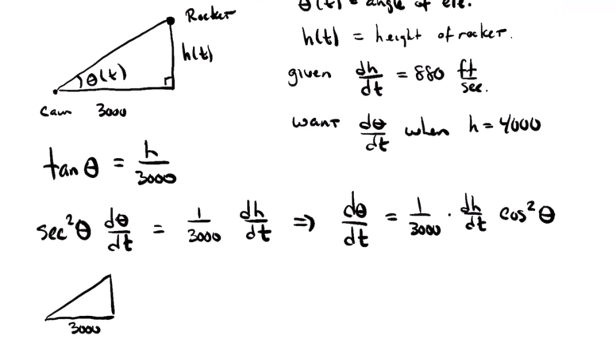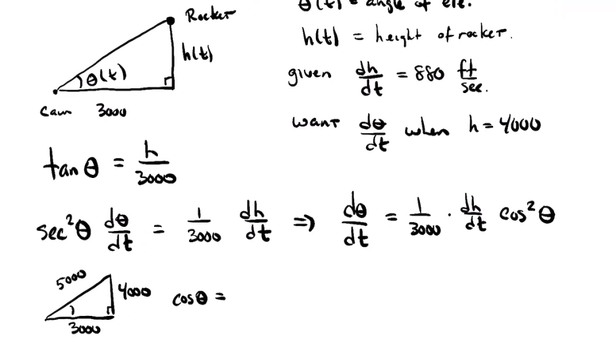But when that rocket is 4,000 feet off the ground, technically speaking, it's the Pythagorean theorem, but can you say it with me? If you have a right triangle with side lengths 3,000 and 4,000, the legs, then the hypotenuse is going to have length 5,000. It's a scale up of the 3-4-5 right triangle. Yeah. So then looking at that triangle, I can tell that the cosine of theta